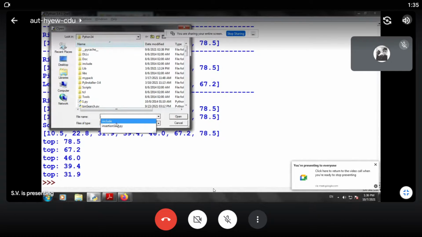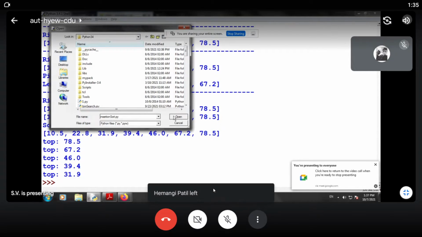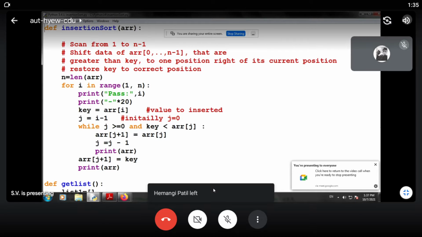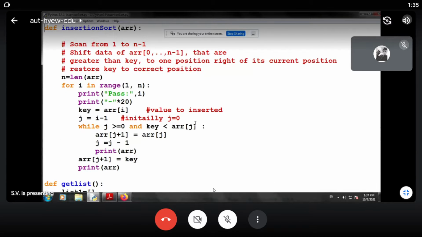So let us simulate insertion sort. Some remarks are being pasted over here. To help with that, first we have to scan from index number 1 to n minus 1, and we have to shift the data of anything which is greater than a particular element to be inserted.